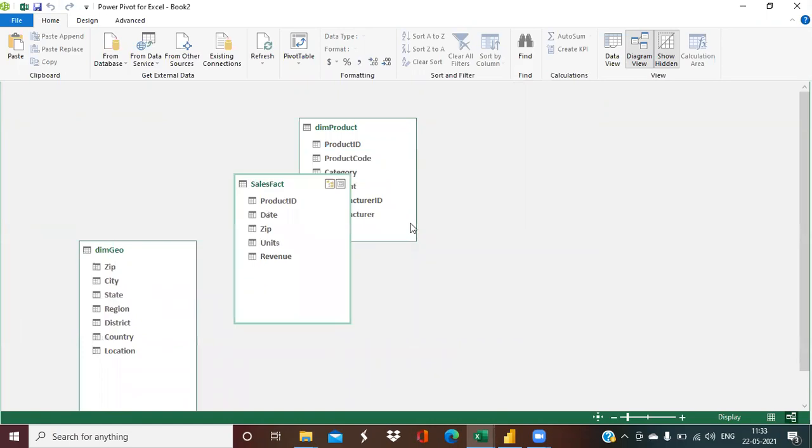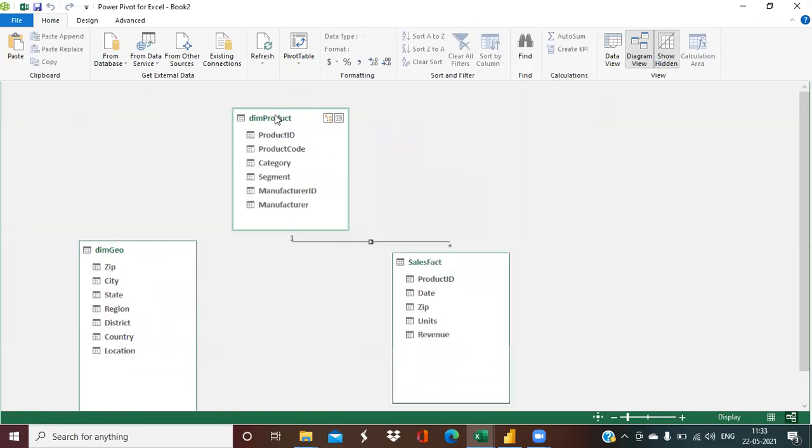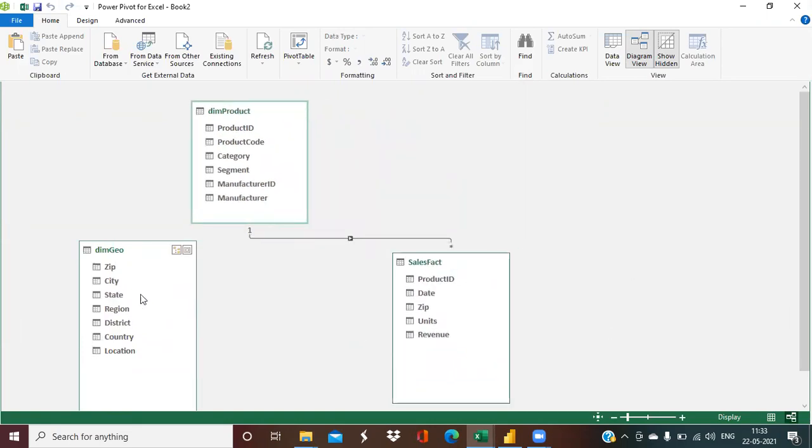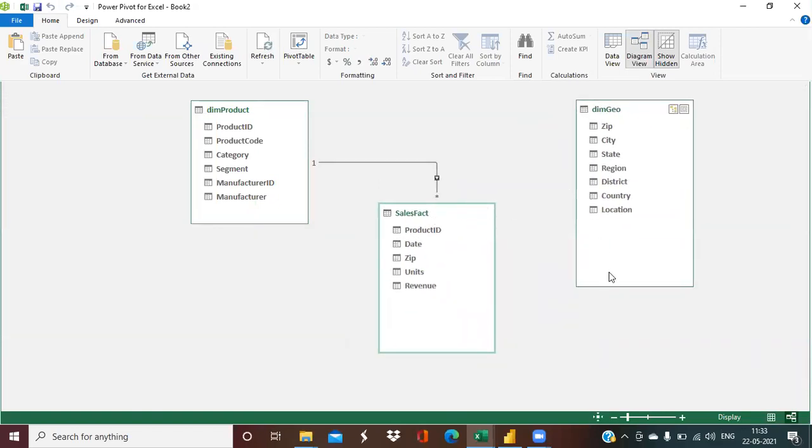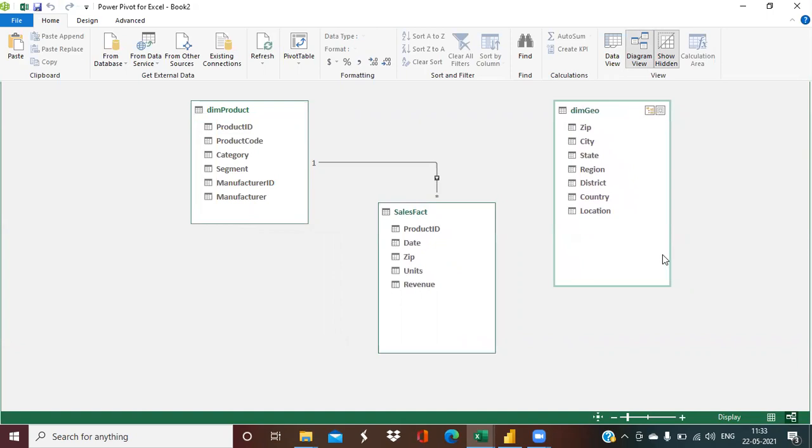Okay. And if we need to create a proper data modeling diagram, which we generally follow in a data warehouse project, it may be a star schema or snowflake schema. I'm not going to discuss that much detail about that topic right now. Okay. So the point here is if you need to create the relationship between these two tables and any more, you need to create some extra columns.